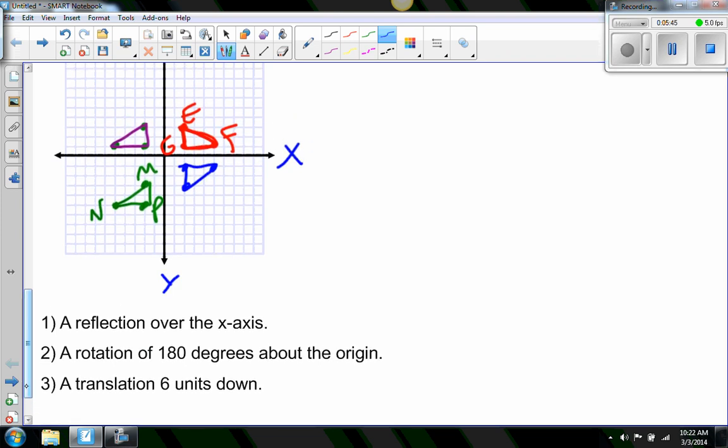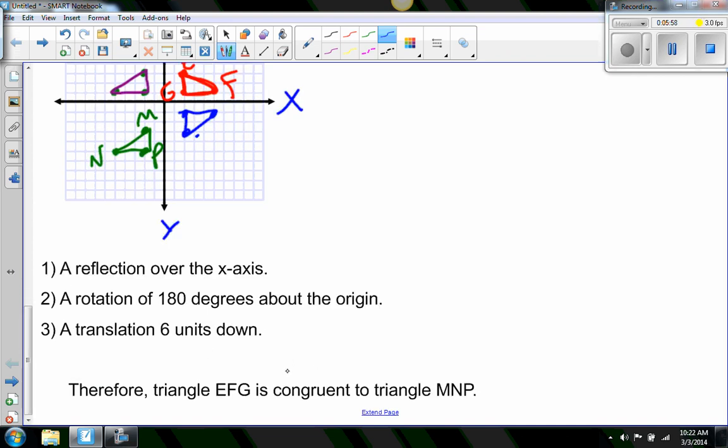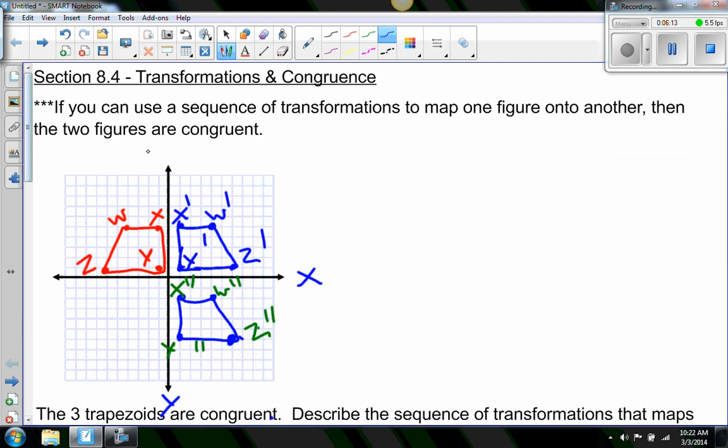So let's look at those again. I'm starting here. I'm reflecting across the x. I'm rotating around the origin 180, and then I'm translating it down. And writing a congruent statement, remember, congruence looks like that. So triangle EFG is congruent to triangle MNP based on the fact that these 3 steps right here map this triangle on top of this one. It's a series of steps. So we're not just doing one step like we were before, we're doing a series of steps. So bring that knowledge with